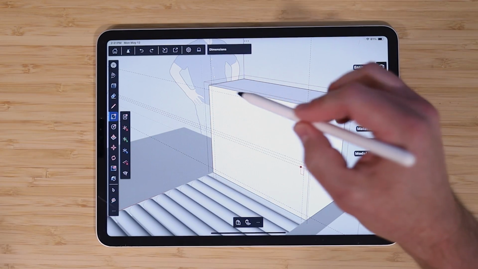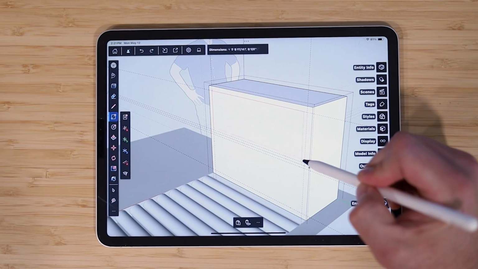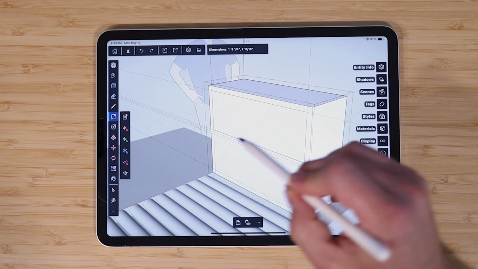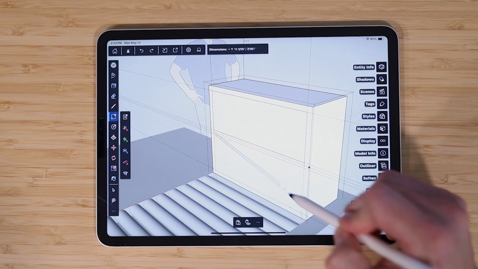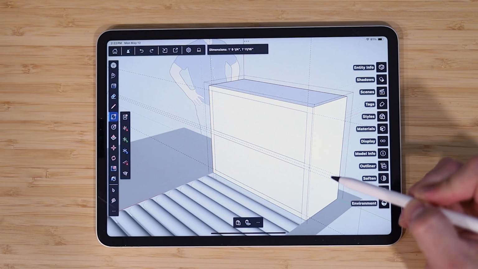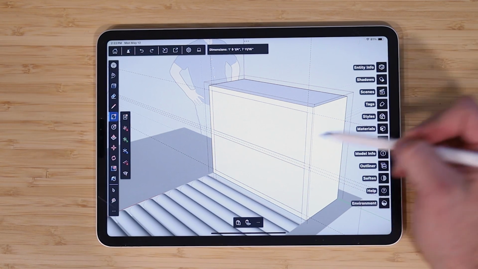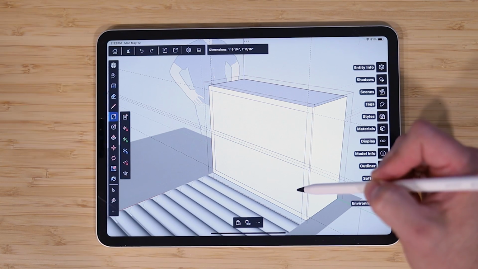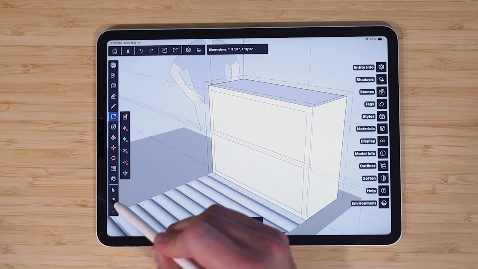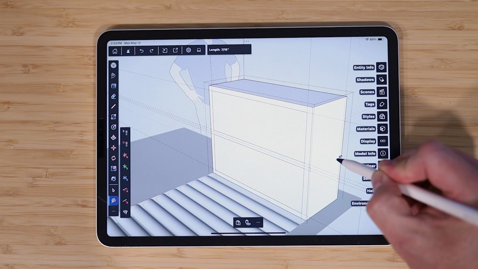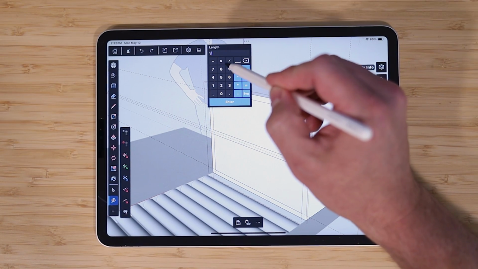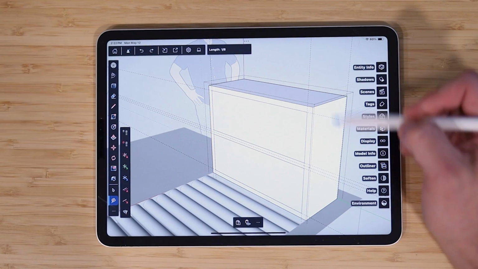Now I'm going to grab my rectangle tool. I'm going to go from that guide to that guide, and then again from this guide to that guide. Now, I want this top display to go all the way through. I don't want this bottom display to go all the way through. So I'm going to make one more guide for myself. Again, come in here, and instead of 7/16, we'll choose 1/8,